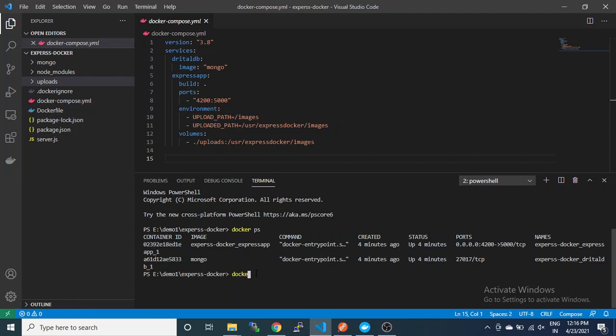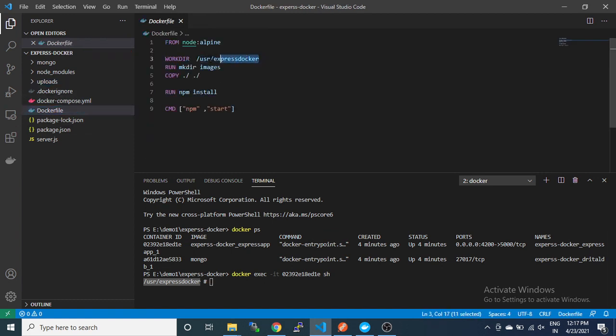Then after Docker execute it and the shell command. So now you are inside your Docker container, Express Docker, which we have mentioned here. Okay, so this is the working directory of the container. So here we want to see what is there.